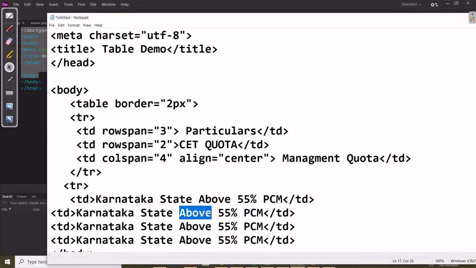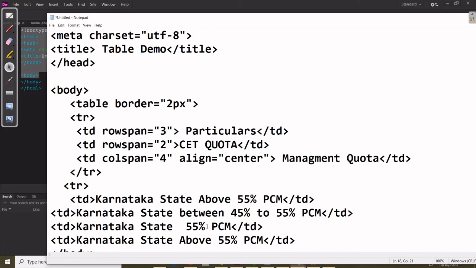So this is the between 45% to 55%. Okay, this is the below, otherwise you can write here 45% only, and this is the below 45% you can write, right?